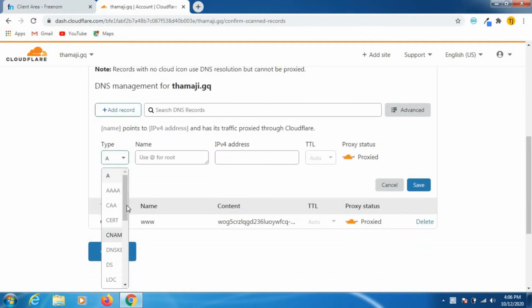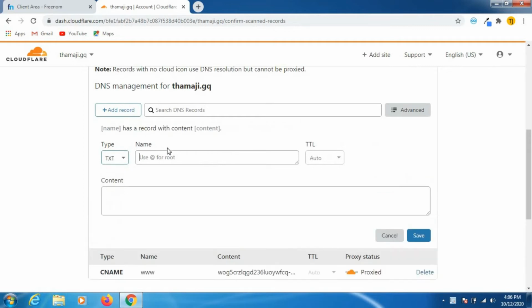In type, we need to select TXT, and in name we need to enter something like www, and in content we need to type drv equals this content.